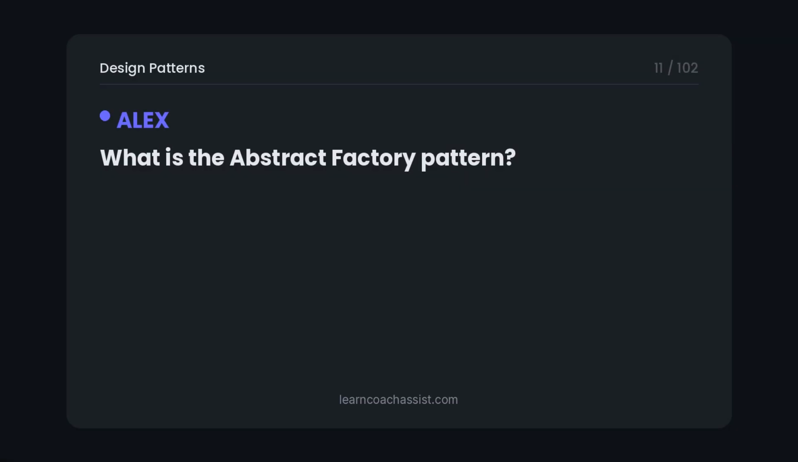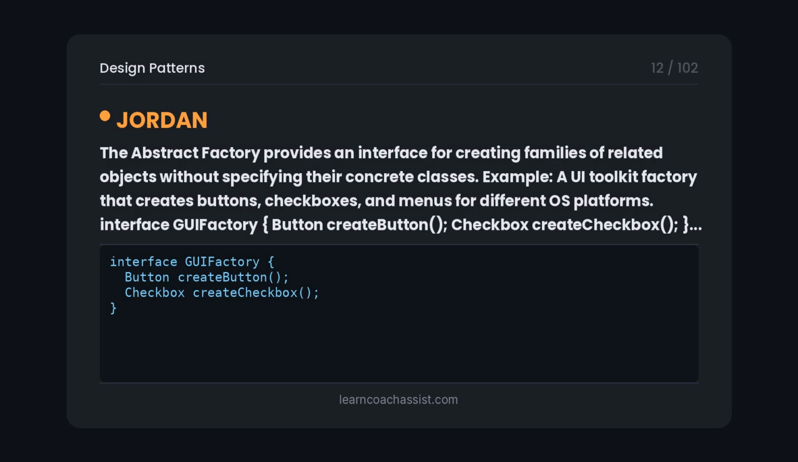What is the abstract factory pattern? The abstract factory provides an interface for creating families of related objects without specifying their concrete classes. Example: a UI toolkit factory that creates buttons, checkboxes, and menus for different OS platforms. Interface GUIFactory, Button createButton, Checkbox createCheckbox. Use when the system must be independent of how its products